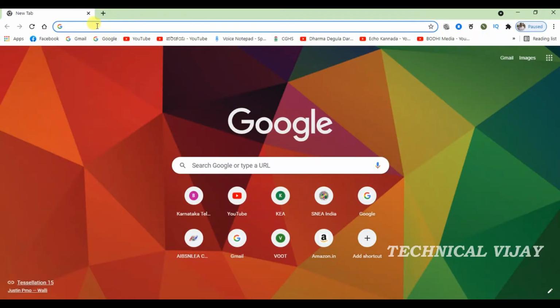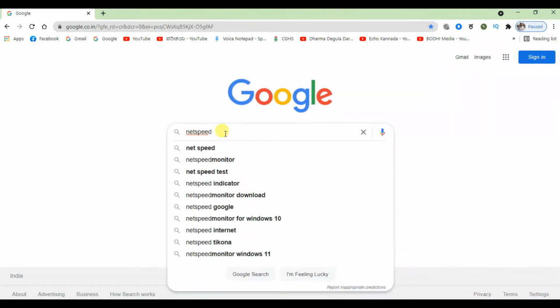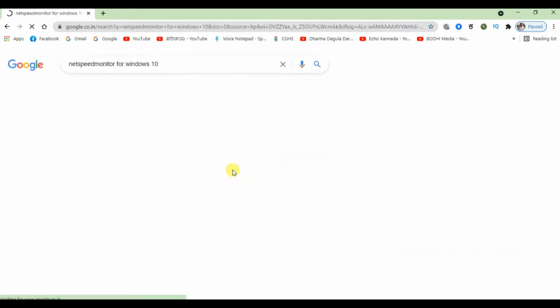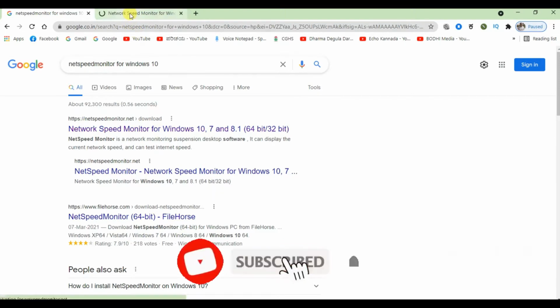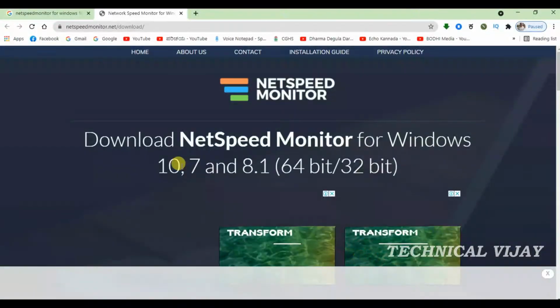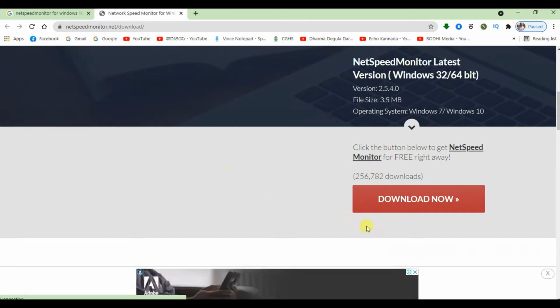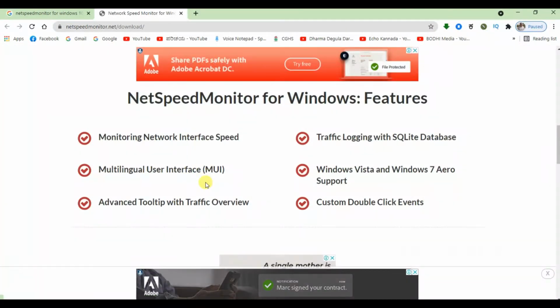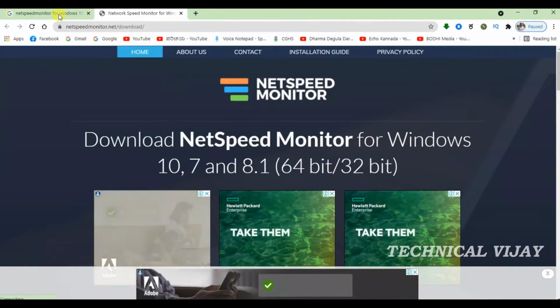10 operating system. Here we will be using a third-party software called NetSpeed Monitor to show internet speed in the taskbar. This tool will help you monitor your real upload and download speeds on your Windows computer. While it works without any hitches on older versions of Windows, in Windows 10 users may find it somewhat tricky to install and set up the software. In this video, I will show how to download this software, with a step-by-step guide through which you can show internet speed on the taskbar using NetSpeed Monitor.